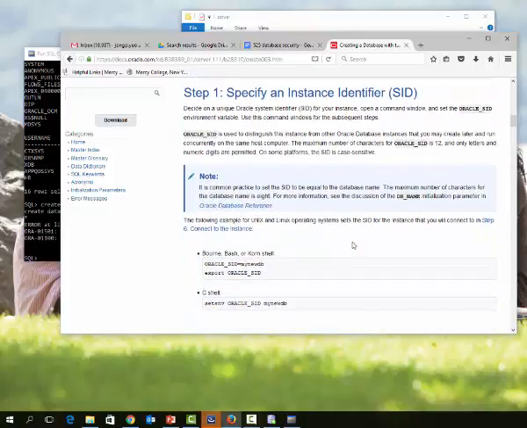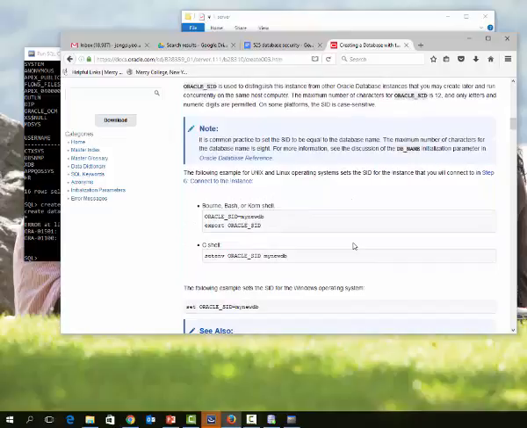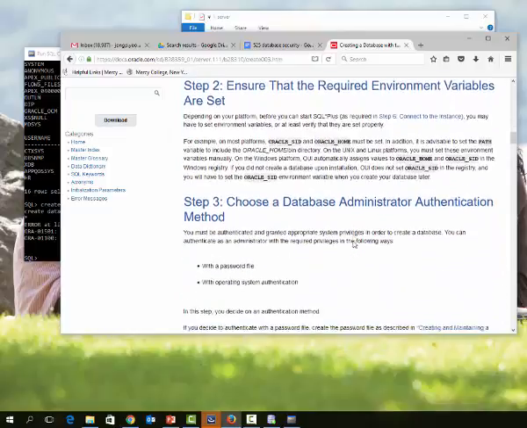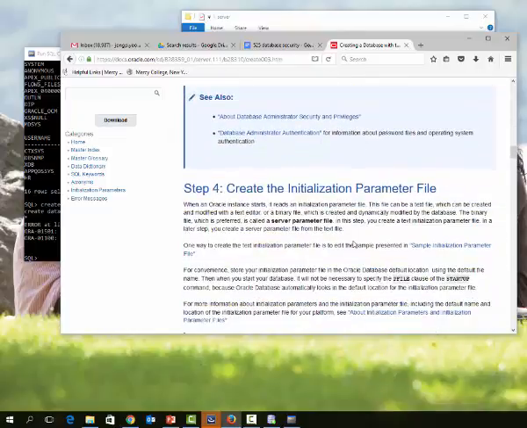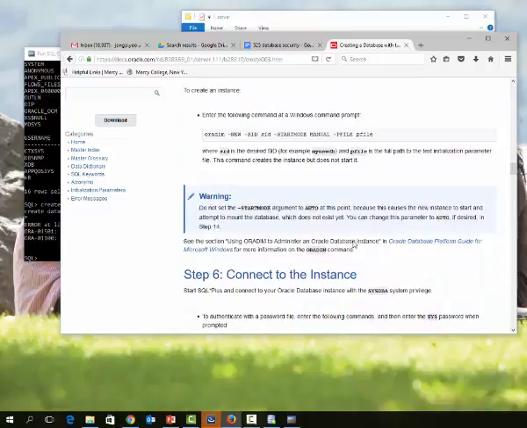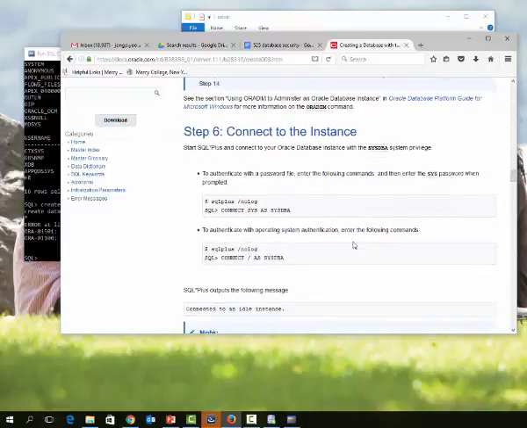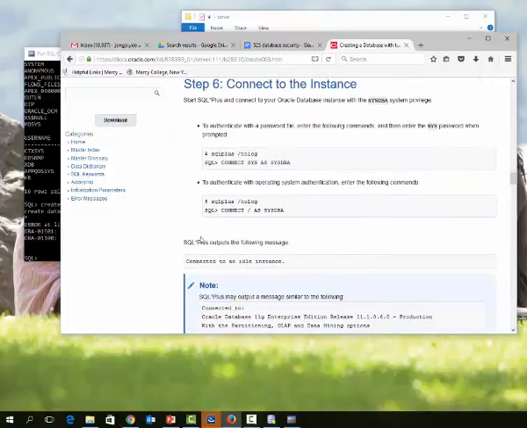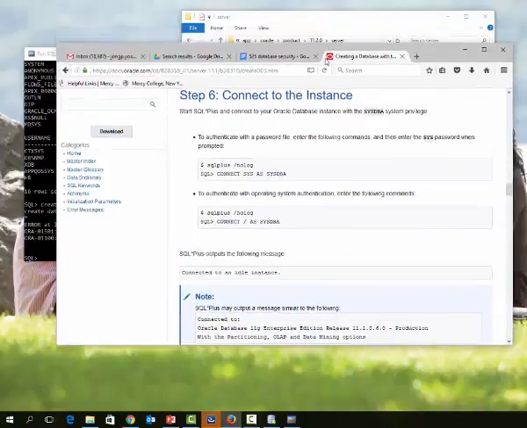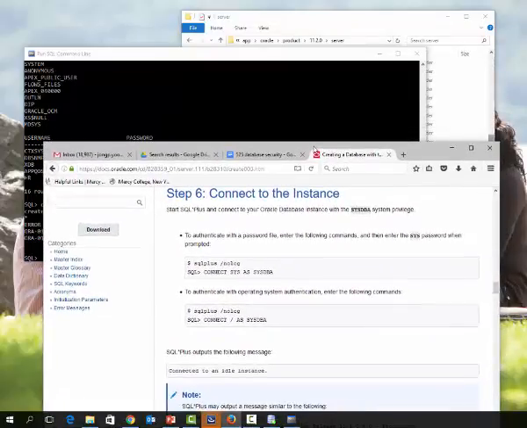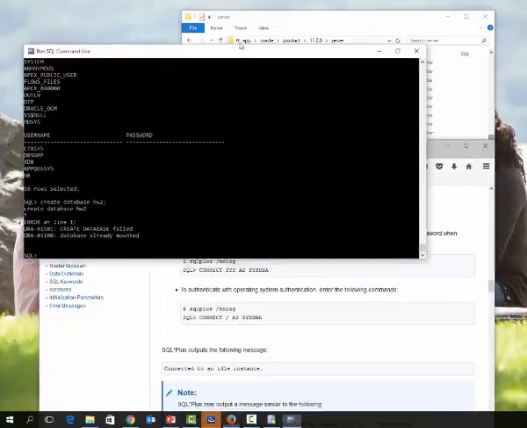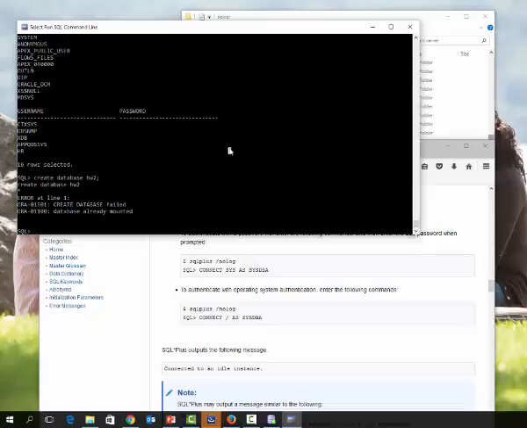The instance identifier, SID, needs to be created. Therefore, it's not just a simple one. So if we do not do that, then